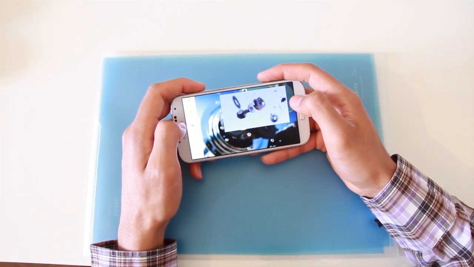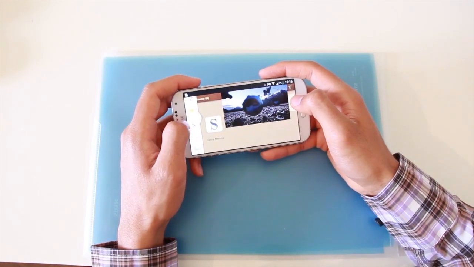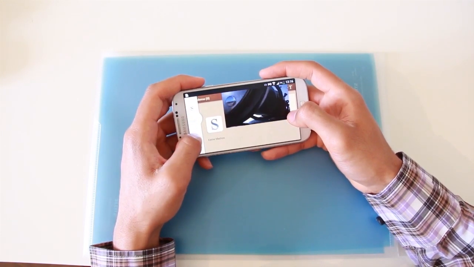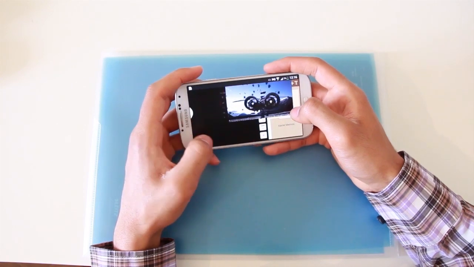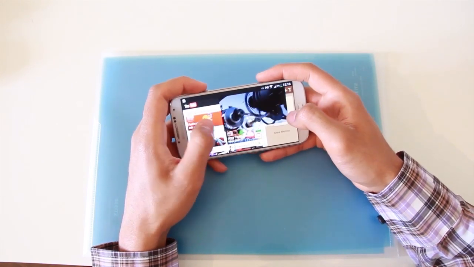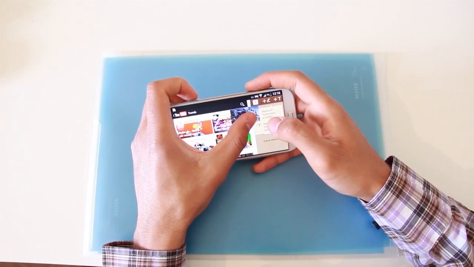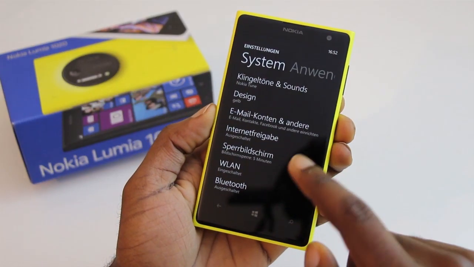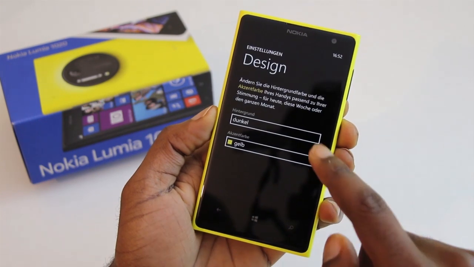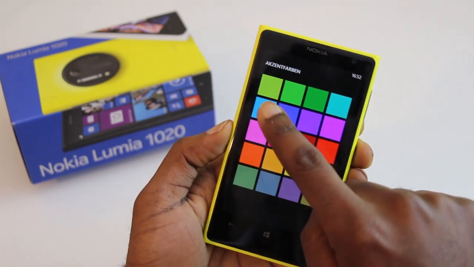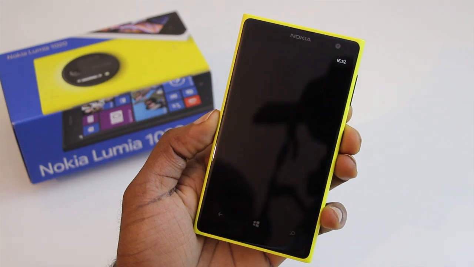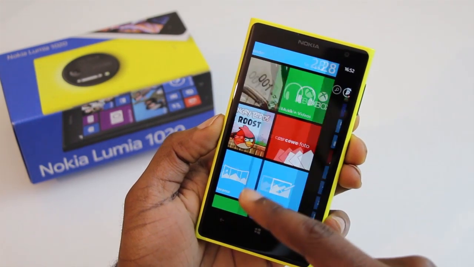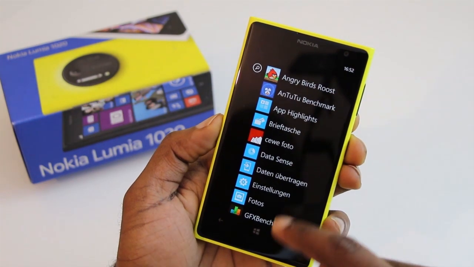Multi-Window allows you to have 2 apps running on your display at the same time, and you get to be more productive that way, I think. Now with iOS 7, you better like it, because you can't really do much about it if you don't like it. And on Windows Phone 8, it's all about them live tiles. You can completely change the look and feel of your phone just by deciding which live tiles you want to have on your display and where they need to be. Also, you can change the size of the tiles and the color, so you can really make it your own